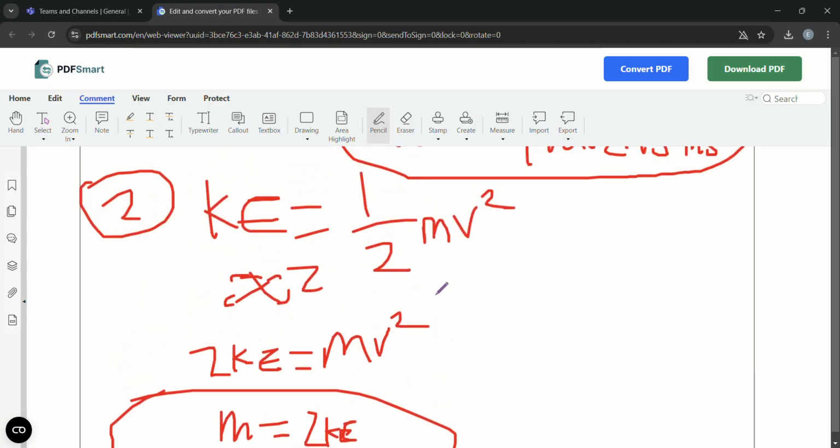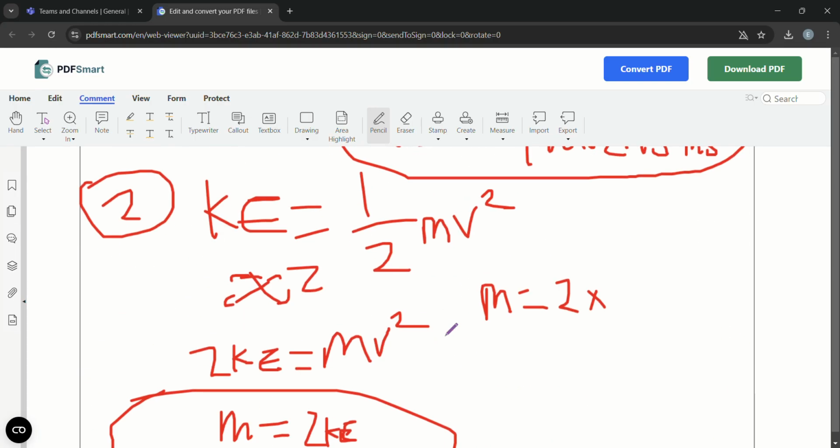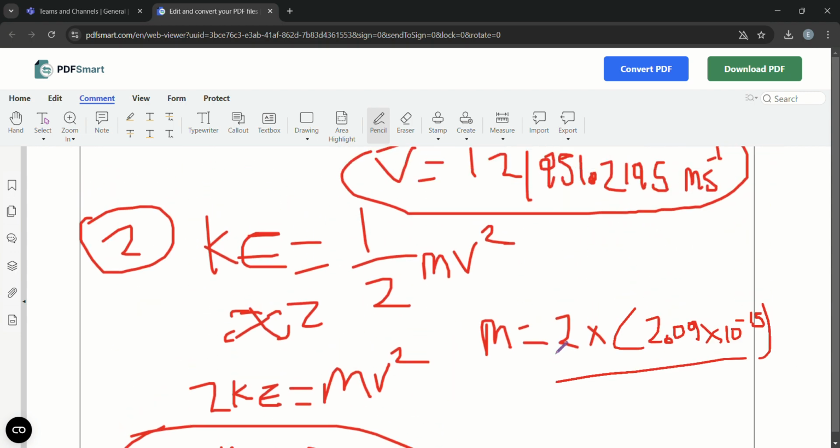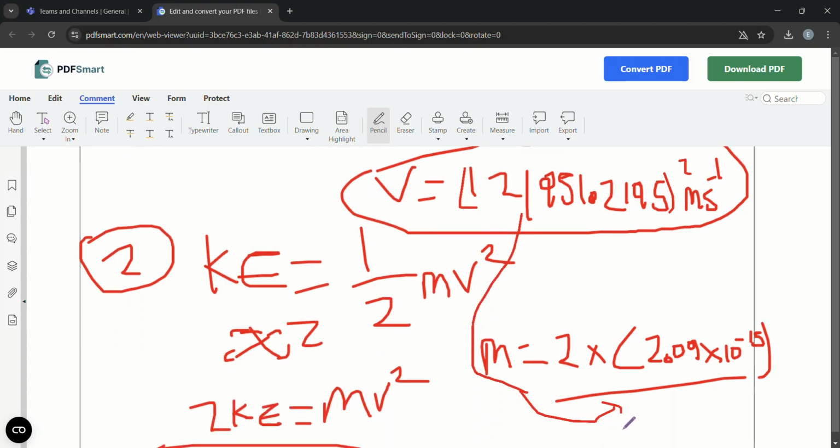So m is equal to 2 times the kinetic energy, 2.09 times 10 to the power minus 15, all over the velocity squared, this number squared. Let's put this in a calculator now, and we get